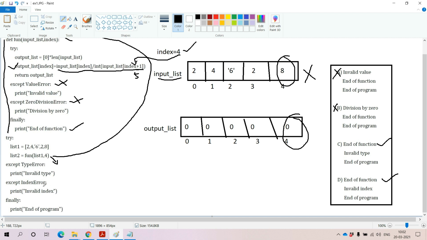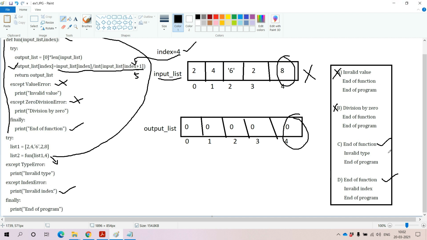Due to that reason, as per this try block, after completion of this entire function execution, we are returning with one exception. That exception will be handled in this except block. Why? Because this except block is especially meant for index error, and we have already got that index error in this respective line. Due to that reason, that will be handled in this except block. And coming to the next message that we are going to get here is invalid index.